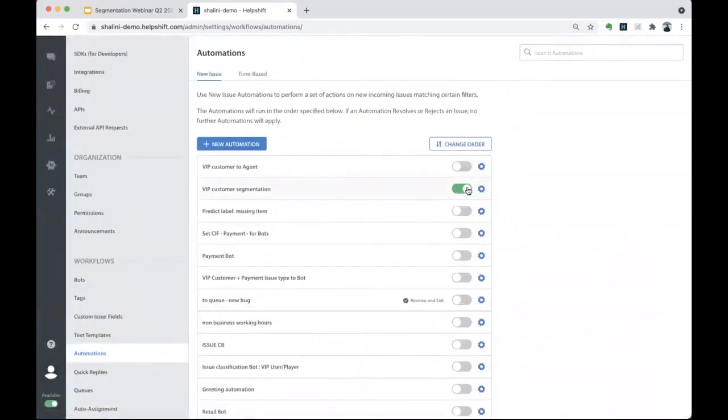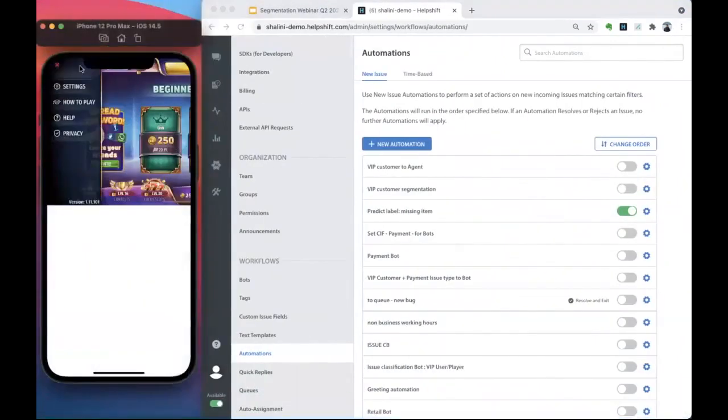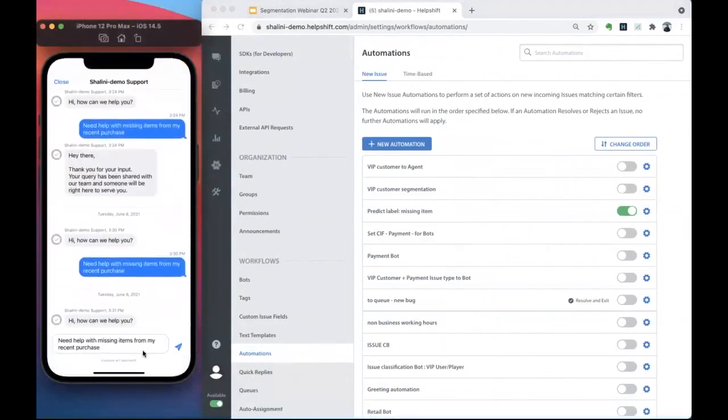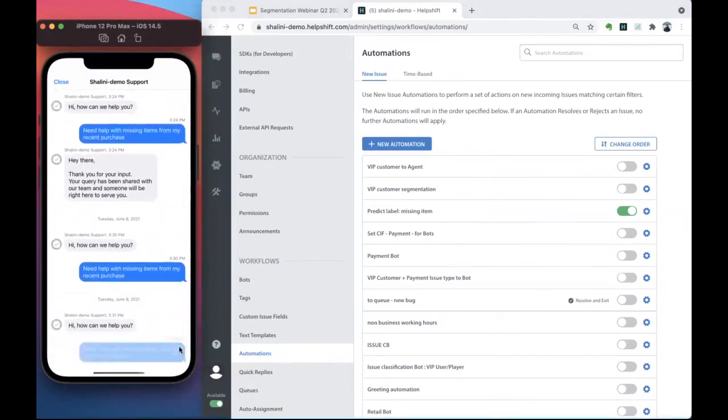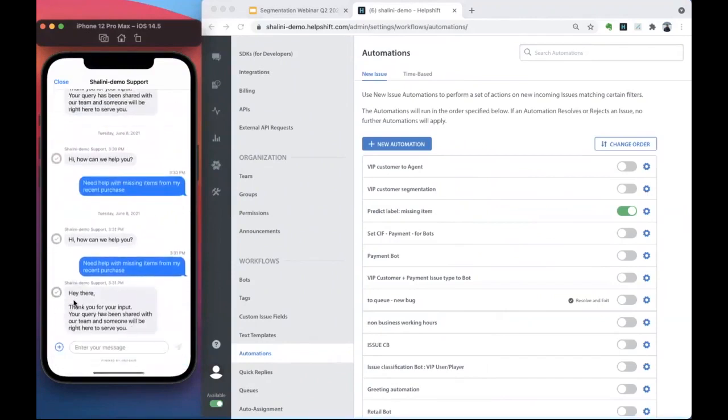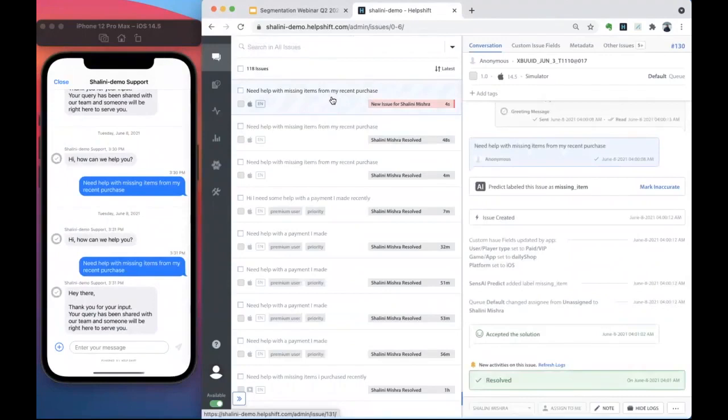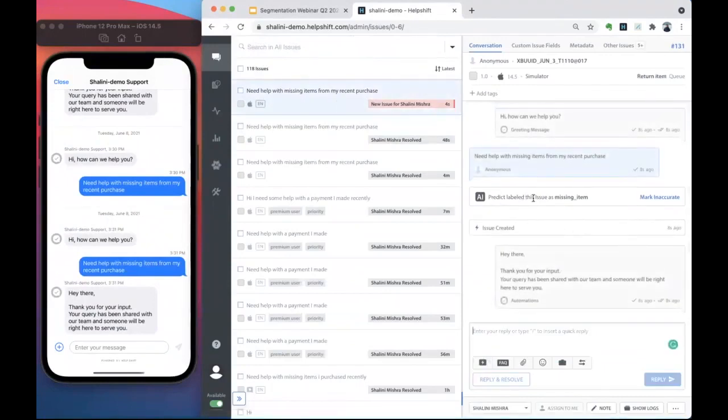Now, let's see an example from the user and the agent's perspective, respectively. So we'll turn off the predict label automation. And let's see, as a user, I'll be creating a ticket now. So I say I need help with one of the missing items from my recent purchases. And as you can see, an automation was used to reply back to the customer. Now, if we go on to our issue tab, we see the predict label marked this issue as missing items,